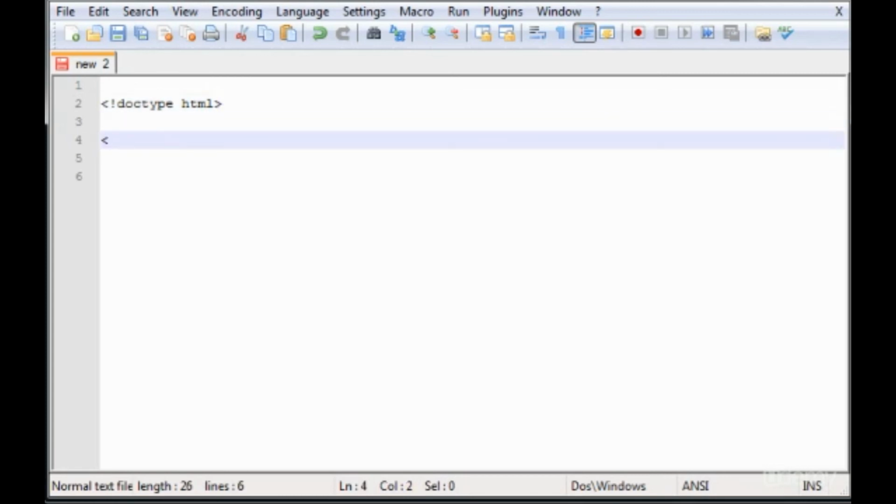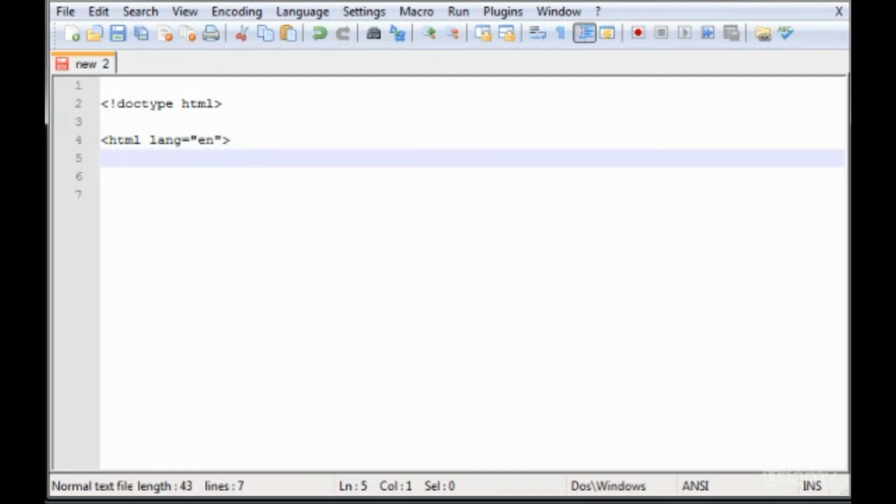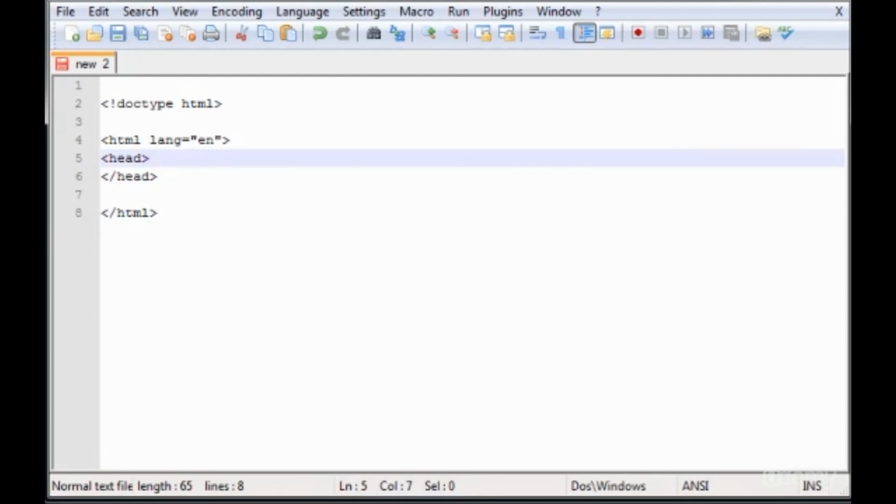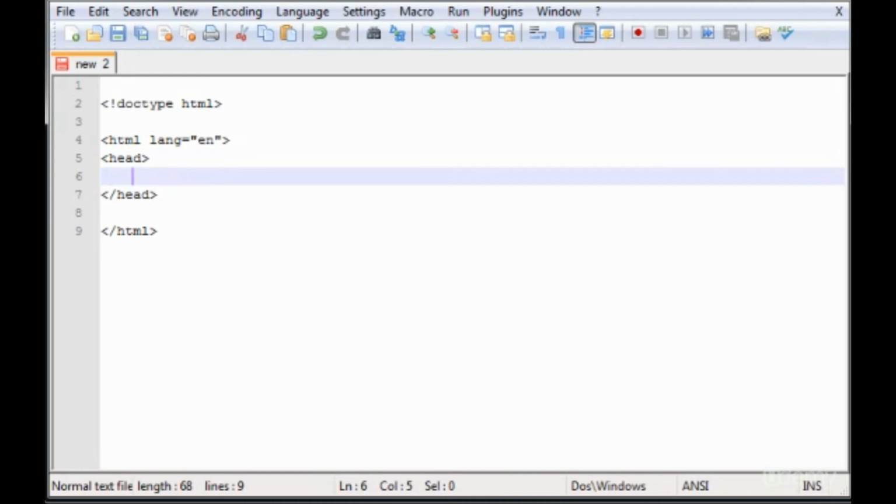The next thing you should put is the HTML tag, lang attribute, which stands for language, and here we are using English, so we type en, okay, for English. The next thing is head, so we close the head tags. I'm gonna close down here the HTML tag. Now between the head tags, let's type